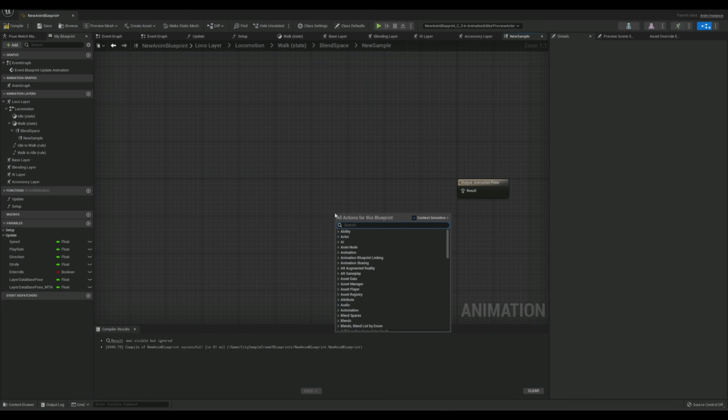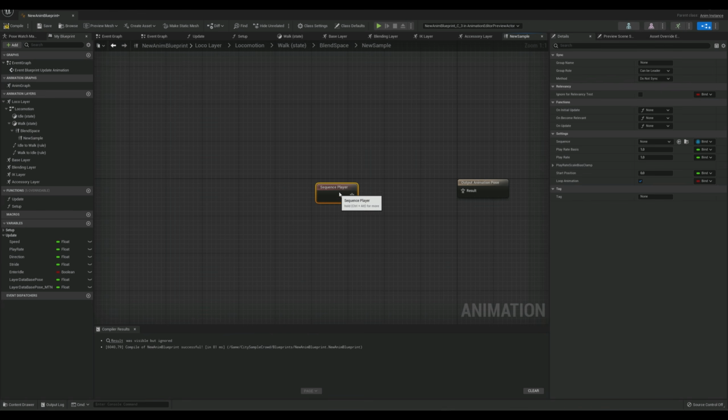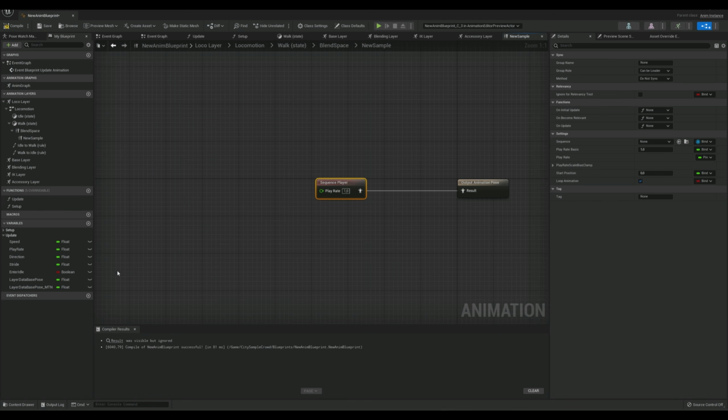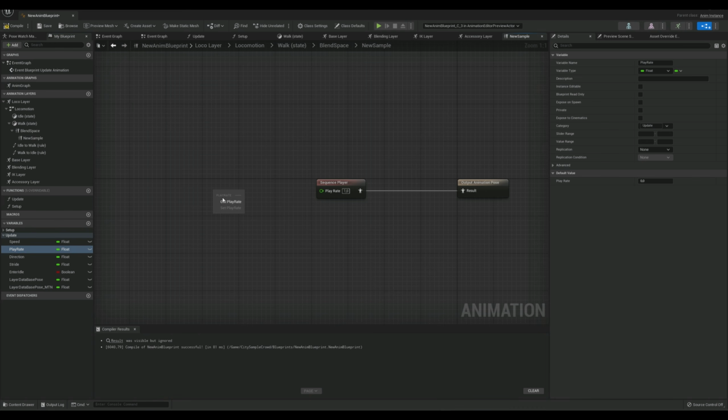And here we want the sequence layer. So we go to this one, and we want to expose our play rate as a pin. And we drag play rate